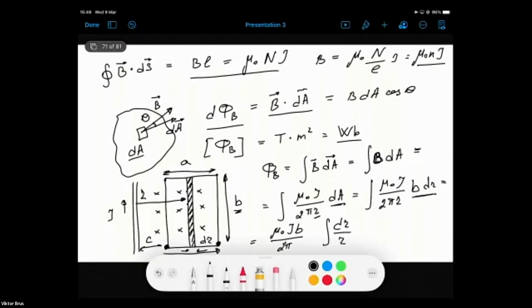We need to go from C to C plus A, which is the width of the frame. So it should be C here, and C plus A